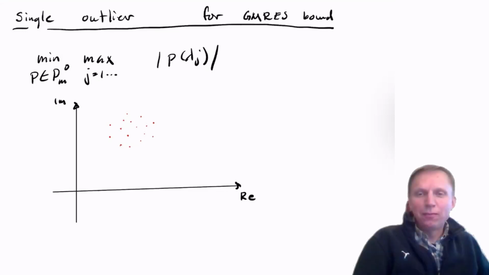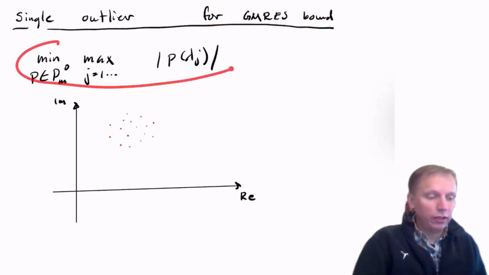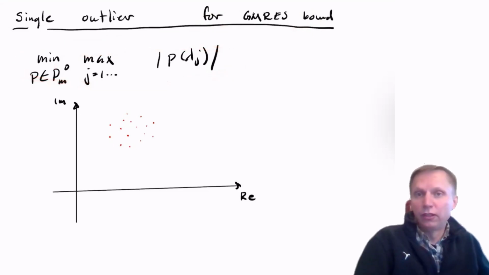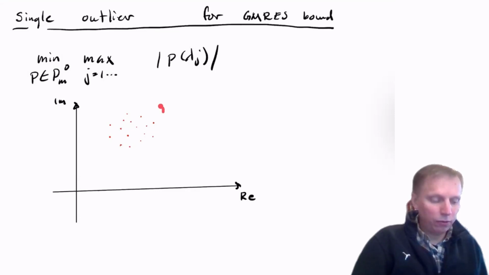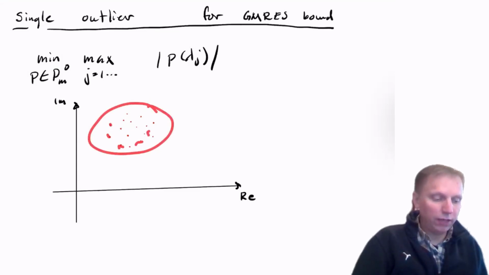This video is about GMRES, or the convergence of GMRES, and we're going to see what happens when you have what we call an outlier. So we're looking at the convergence of GMRES, and we already know that the convergence is described by this min-max expression, where we took the minimum of normalized polynomials over the maximum of the polynomials evaluated in the eigenvalues. You've seen before how to build a convergence bound for this situation where you have eigenvalues localized in